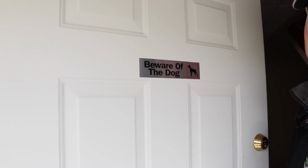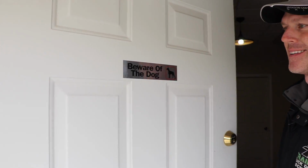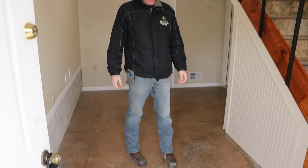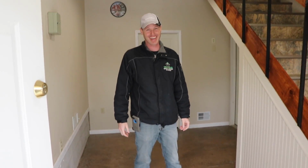Beware of the dog. Yeah, I guess that's a true statement now. Oh, he's scared of everything. So this is our house. Kinda. Fancy. Right? So when you come in here, it's kind of like a breezeway slash mudroom, whatever. So when you come in to the left,